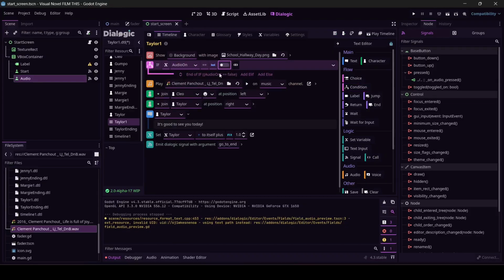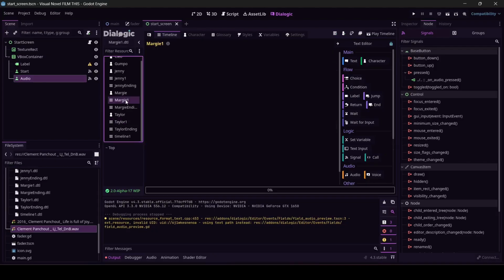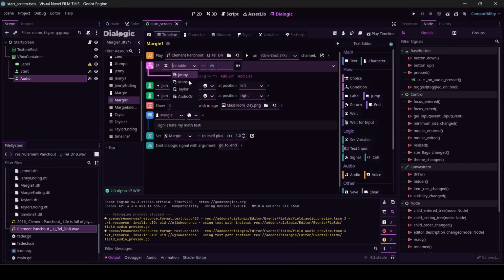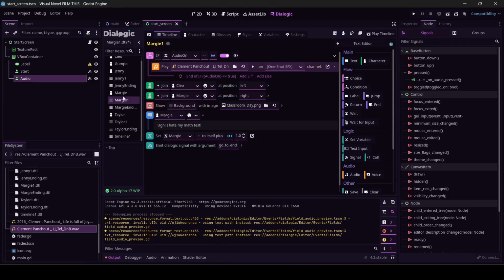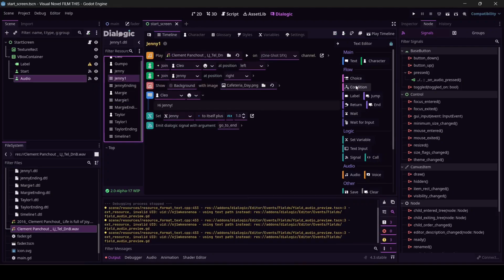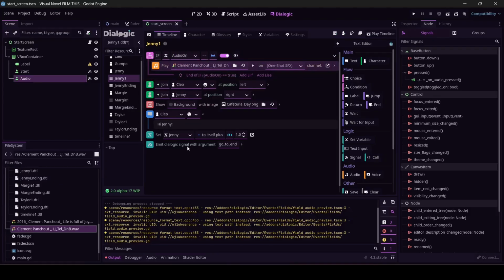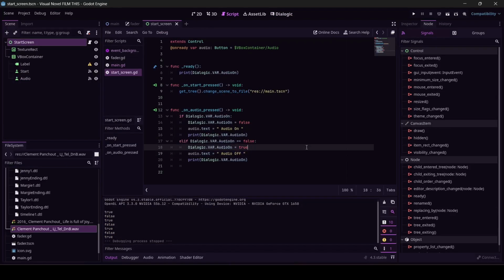So audio on, whoop, does equal true. Play that. I feel like this should go at the beginning. If audio on is true, play that. Jenny. If audio on is true, play that. I guess that's the one downside to this technically being called block coding, is that there's no copy paste. Okay, sorry for that weird cut.